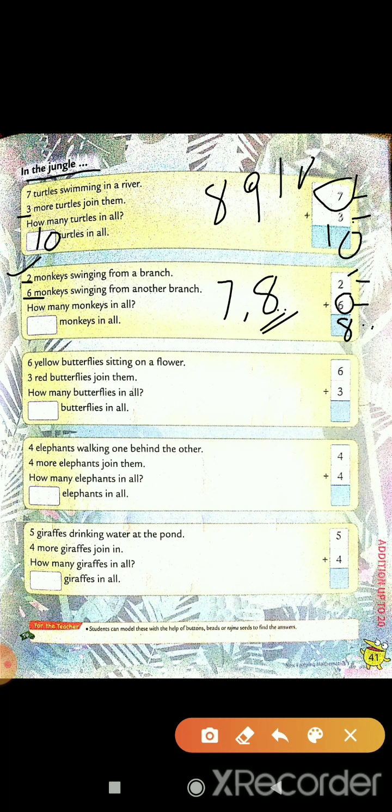Got it, students? So here you will write 8. 8 monkeys in all. You can use any method. Answer is not going to change. Got it, students? Next,